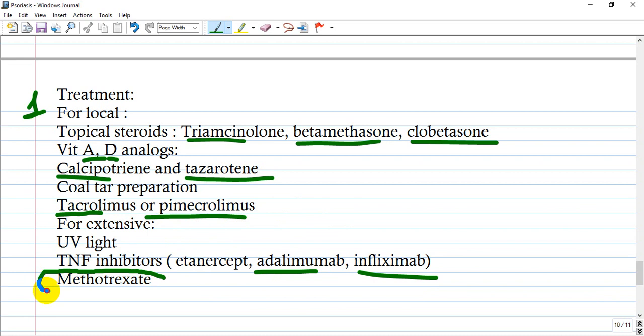is methotrexate. All of them are useful if we are ceasing some risk factors. We are removing drugs that are used, we are ceasing smoking or alcohol, and we are giving topical and even IV or